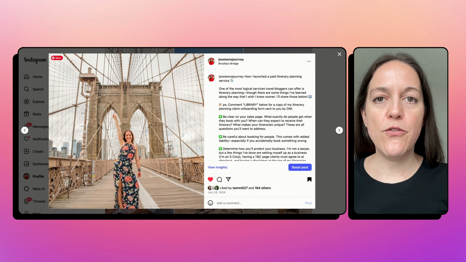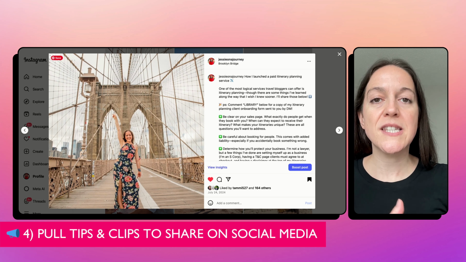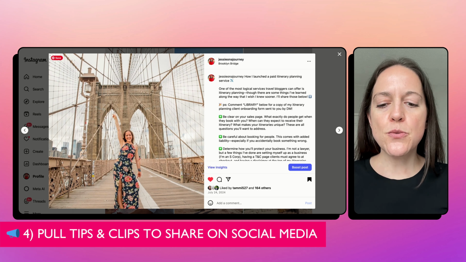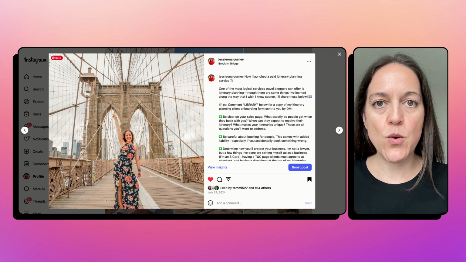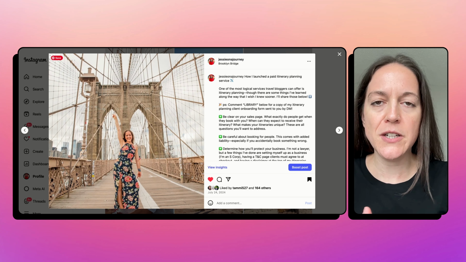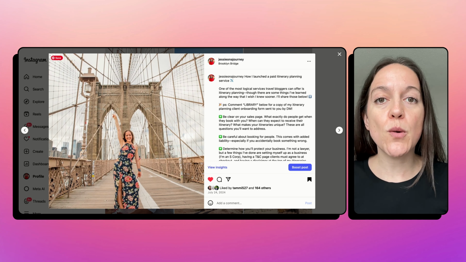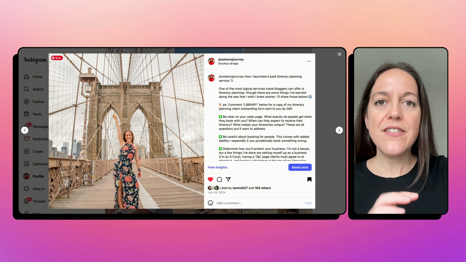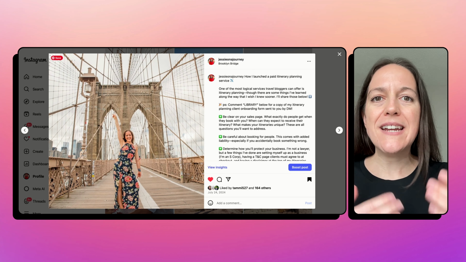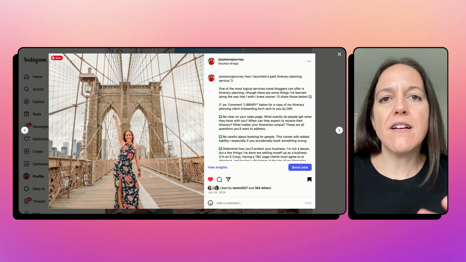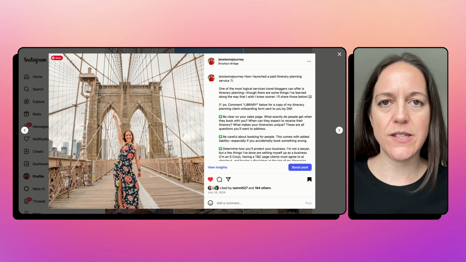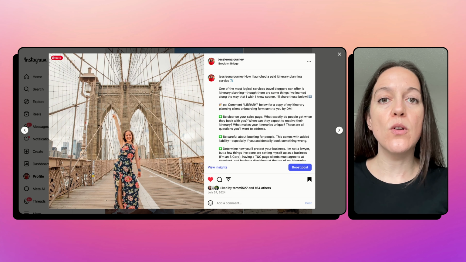Moving on to step number 4, pull tips and clips to share on social media. So instead of showing up to each platform and thinking, okay, what am I going to share here? Just use your long form content as the foundation that you're going to pull from. What are the main tips? What are the little nuggets of wisdom, the anecdotes that people would find helpful that you can pull and turn